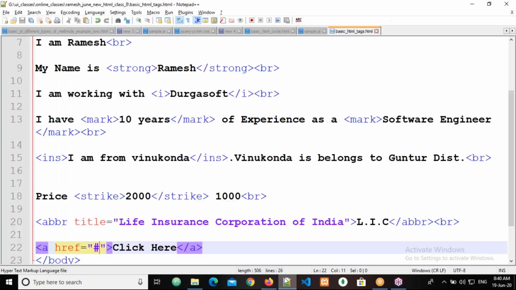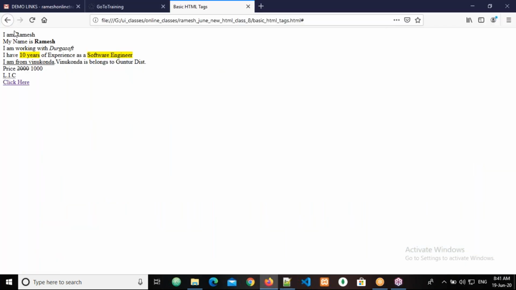Can you tell me the last part one more time? See, if I don't put a hash here, what happened? The page is reloaded. And if we put a hash here, what is happening? See, one more time, I'm refreshing here. Now observe. The page is reloading. Okay, so the hash will stop the reloading, but it will stay in the same page.